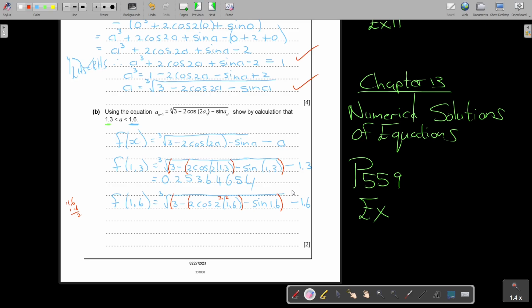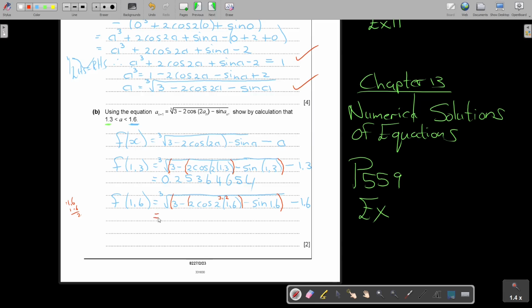Okay, so let's start. I press shift, I press x^3. Then I press open bracket, 3 minus another open bracket, that red one. Then I press 2 multiply cos, and remember 3.2, close that bracket, minus sin 1.6. And then close the bracket again, and then equals. And then minus 1.6 equals. And I'm getting